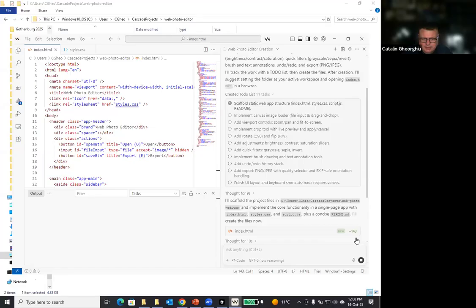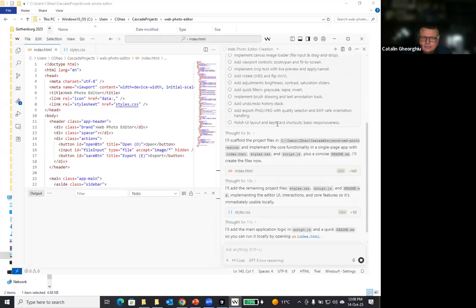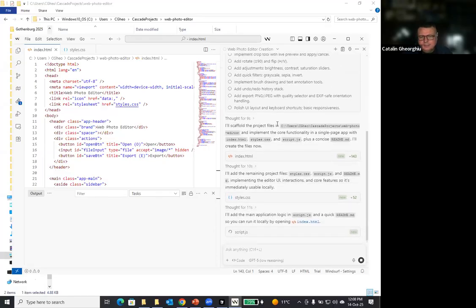But we're still seeing how the index is now creating the rest of the files. Again, fast, not instantaneous. But absolutely faster than doing it from zero.